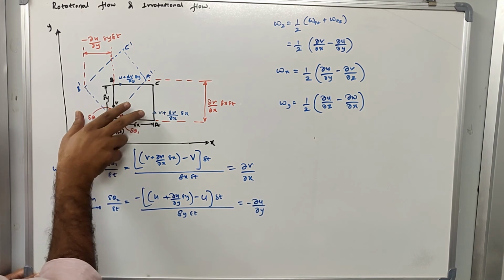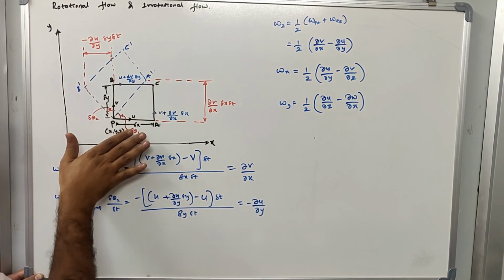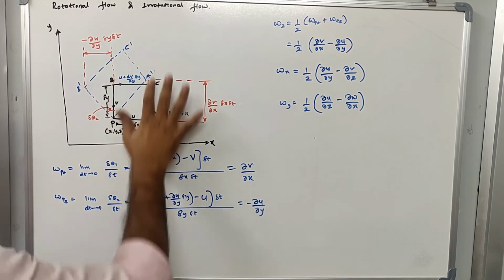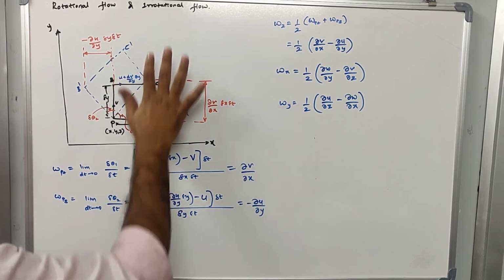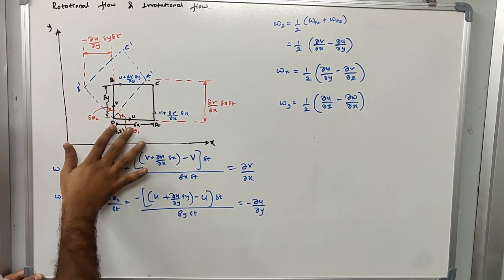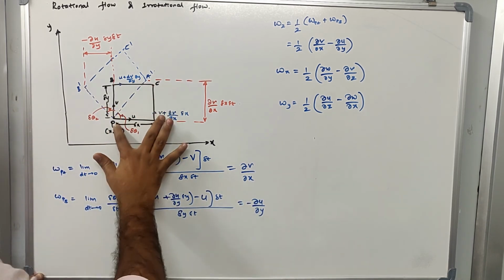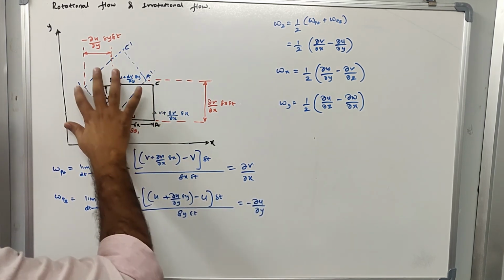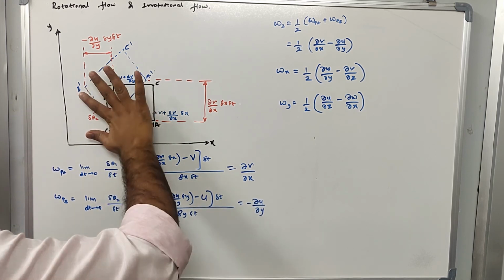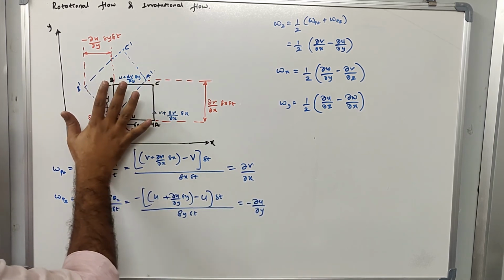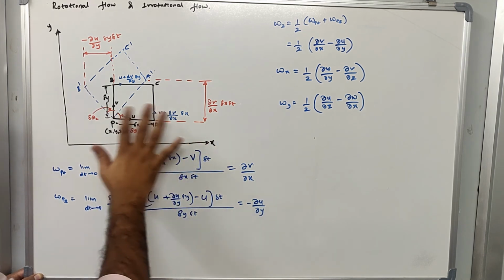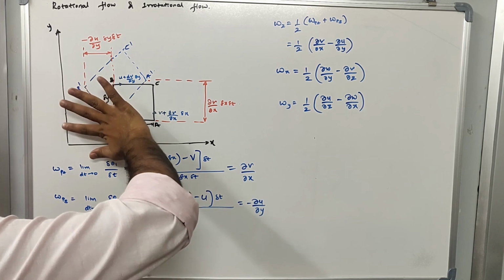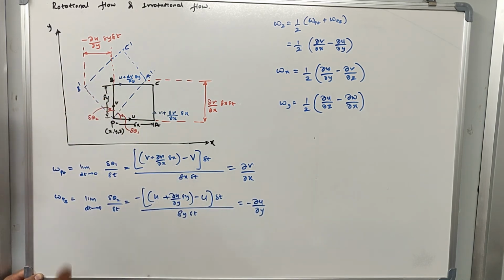Earlier, when this rotation took place, theta 1 was rotating in this direction, which means it was in the direction of y. So this line PA moved in the direction of PA, right? But here, when this line PB changed its position, it was not moving in the direction of x. X was in this direction. It was moving opposite to the direction of x. See here, it was moving opposite to the direction of x. That's why it is a minus symbol.